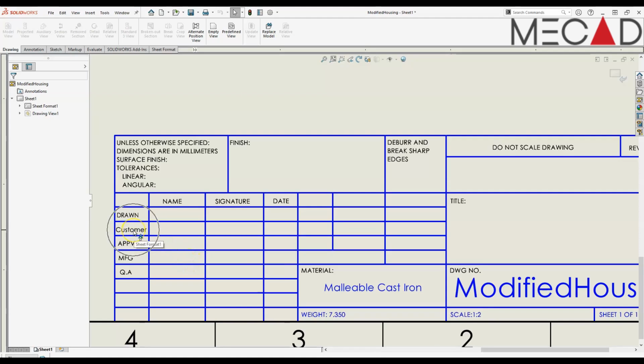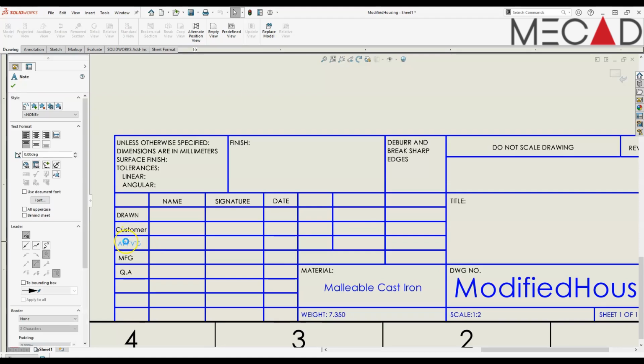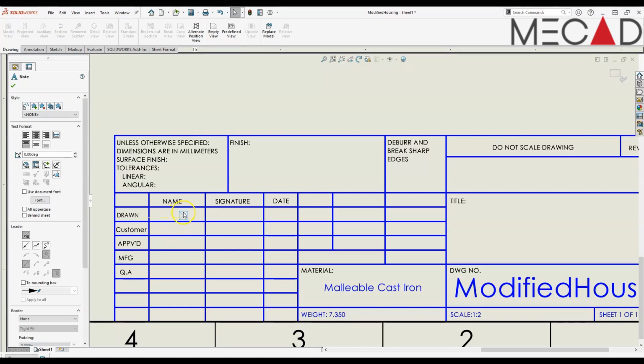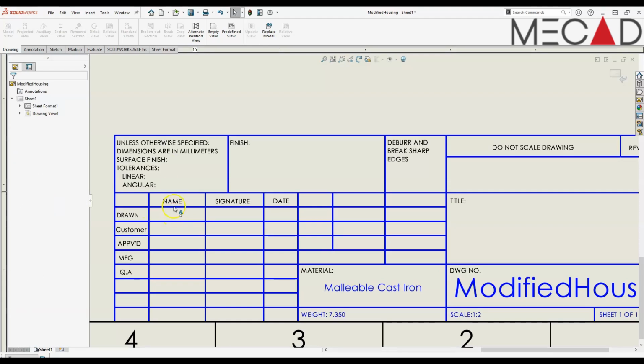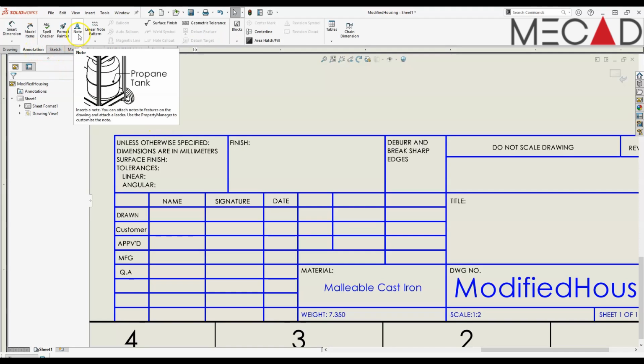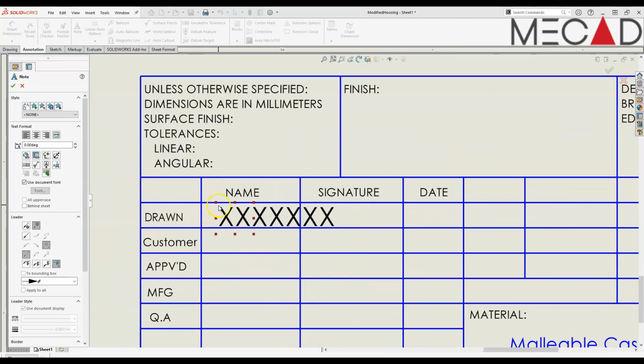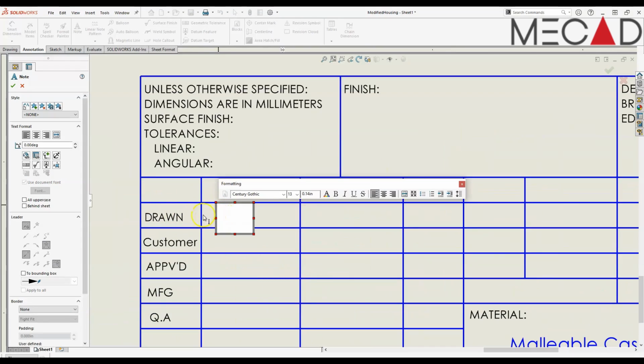You'll notice that I've already gone and changed a node field. By simply double clicking on it, we can change the text. And to actually link the appropriate fields, you can either make use of the blanks already available within the default templates, or we can go up, hit the annotation tab, and park our own node fields in the appropriate areas. Once you're happy with this, we can go in and click on the option stating link